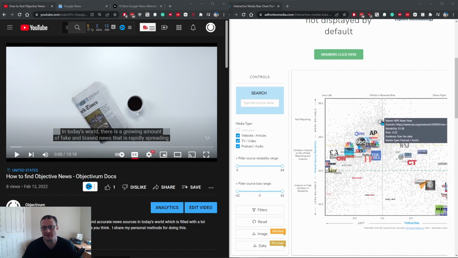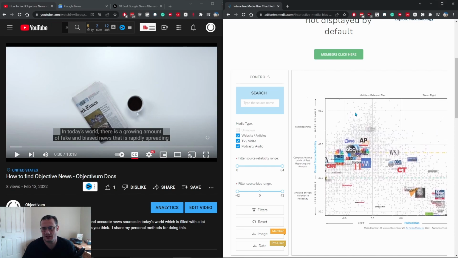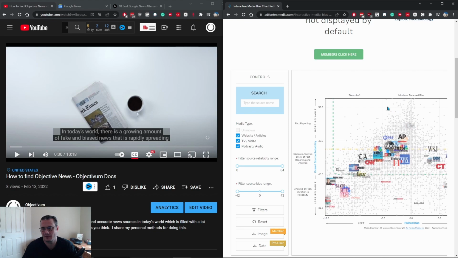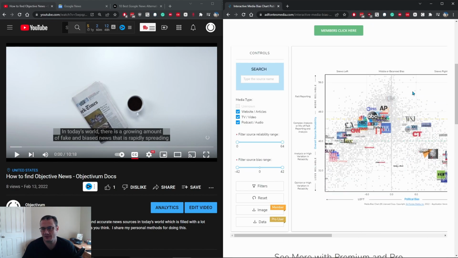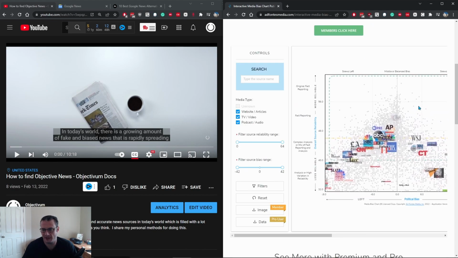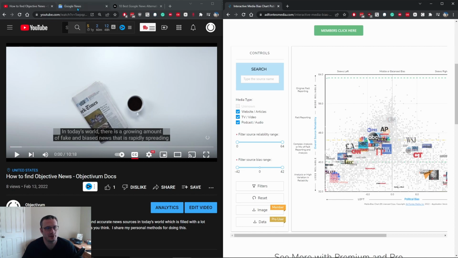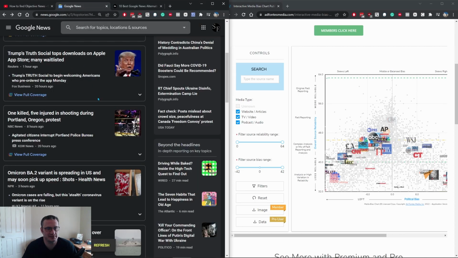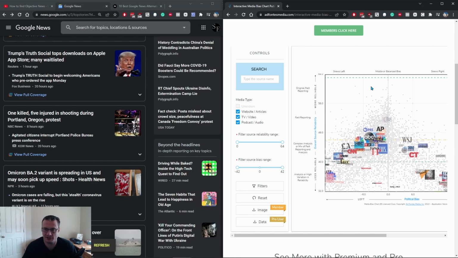One of the main resources that I mentioned is this very excellent Ad Fontes interactive media bias chart that shows not only bias but accuracy of reporting. Is it perfect? No, but is it probably the best source? I think so. So the follow-up to this is what we're going to do is we're going to look at